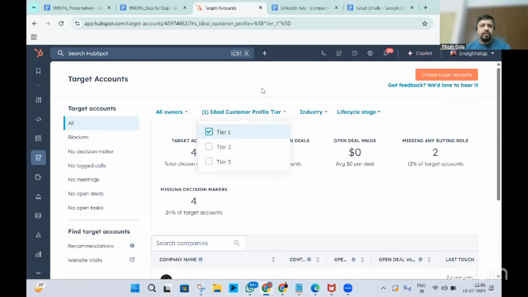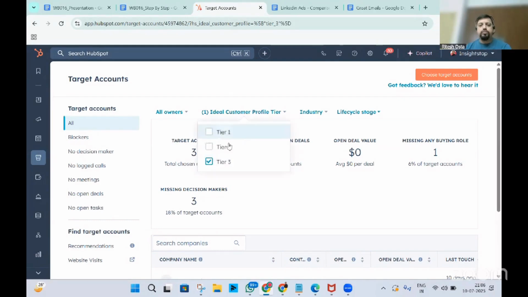It's pretty simple. If I go through all the stuff which is there, we have the ideal customer profile tier. For example, tier 1, tier 2, tier 3. Okay, if I do tier 1, I can define the tier. For example, these are the most important customers, the next most important customers, and the next most important customers, and so on. So you can define those tiers and put those accounts under those tiers. For example, I have put 4 accounts under tier 1. Okay, so these 4 accounts are under tier 1, and